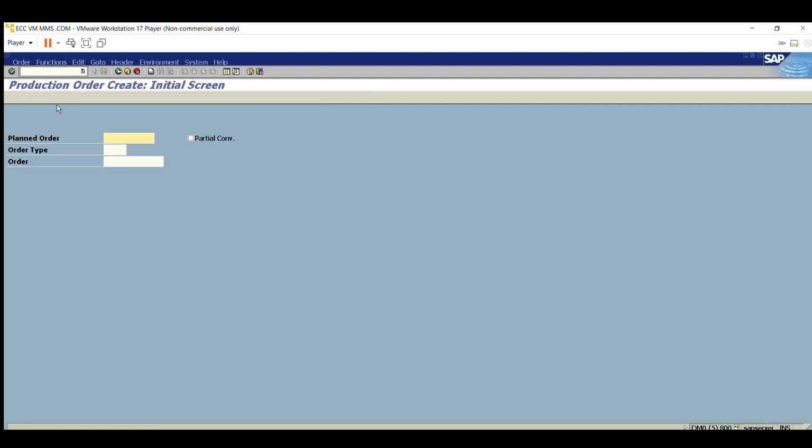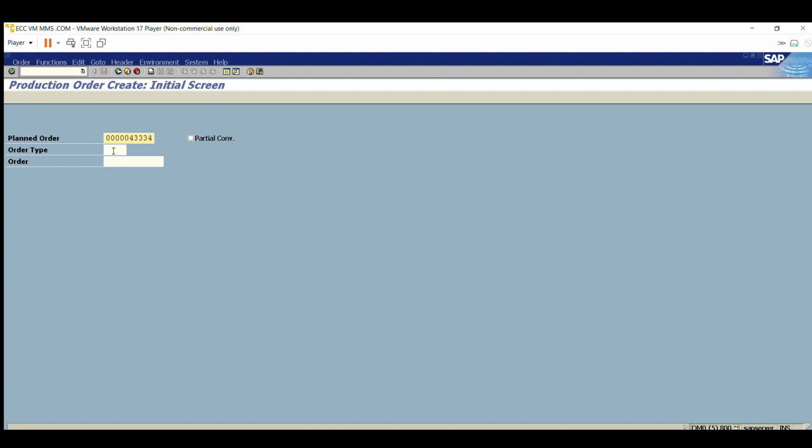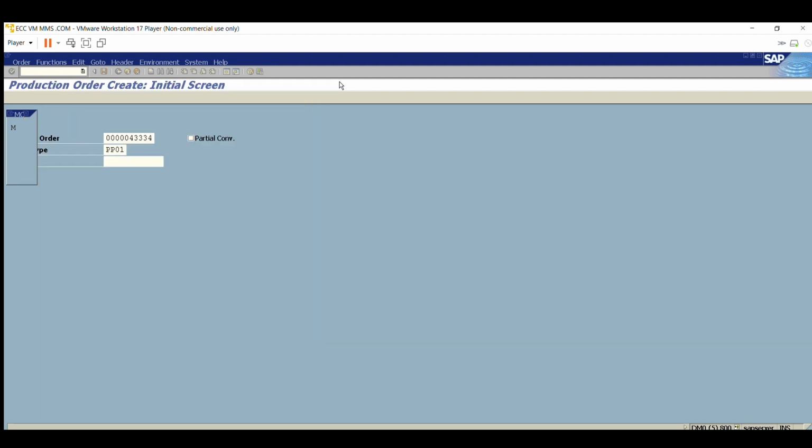If you hit enter, you can see the plan order number is being asked. We need to provide the number from the plan order screen, in the CO40 screen. The order type is PP01. For the production process, the order type should be PP01, guys. You can see the standard production order type is PP01, so I have entered PP01. If you click on enter,